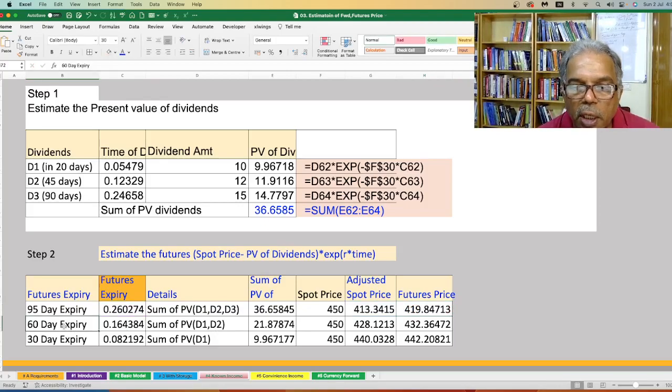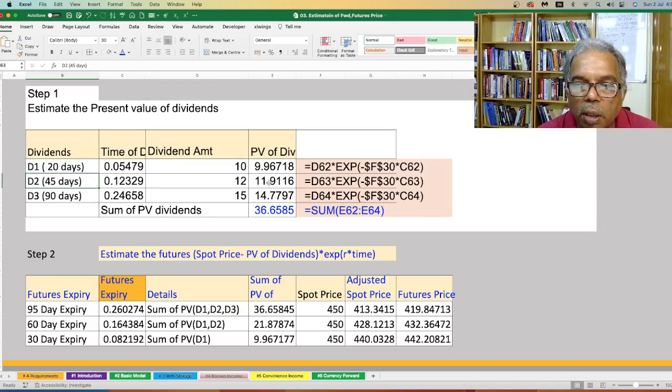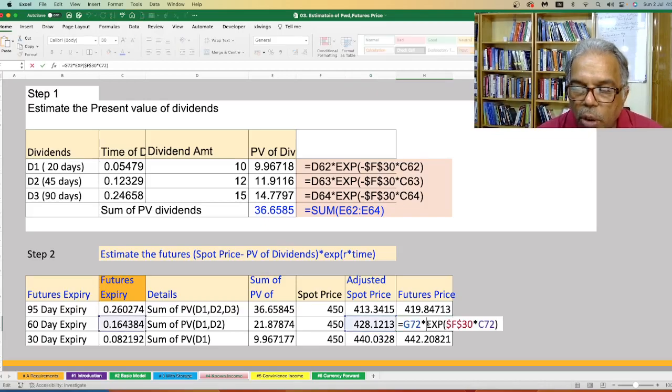And similarly for the second, the 60-day expiry, these two dividends D1 and D2 lie within this period. So that means we have to incorporate the first and the second dividend, and the present value of D1 plus D2 must be included while calculating the adjusted spot price. So the adjusted spot price is 450 minus the present value of dividend D1 plus the present value of D2. So that will be subtracted, and that will give you the adjusted spot price. Then finally we can calculate the 60-day futures price, which is nothing but the adjusted spot price times exponential